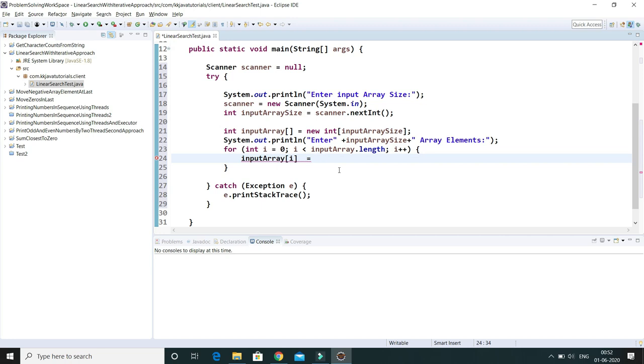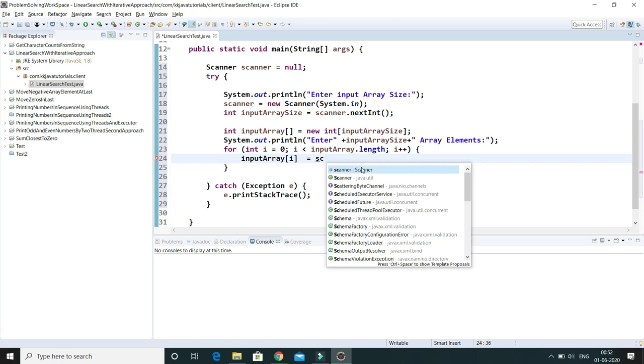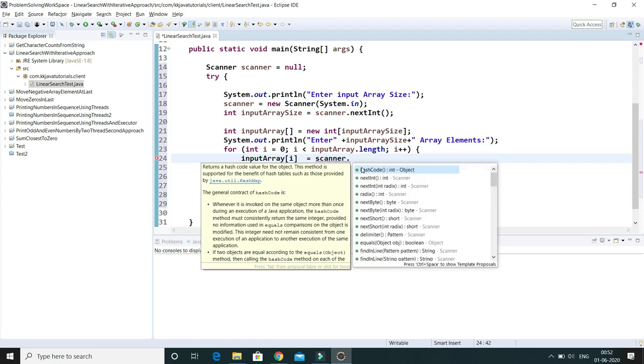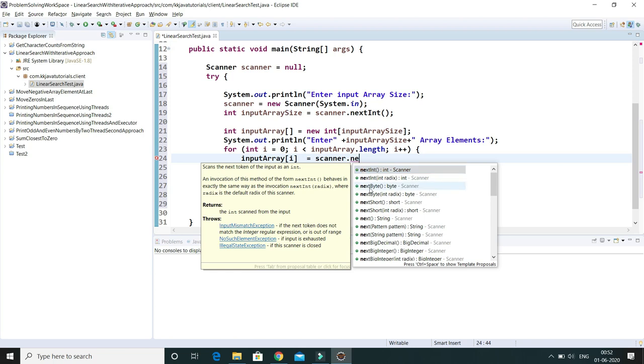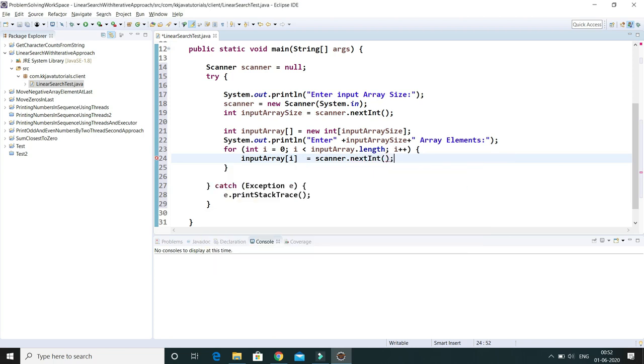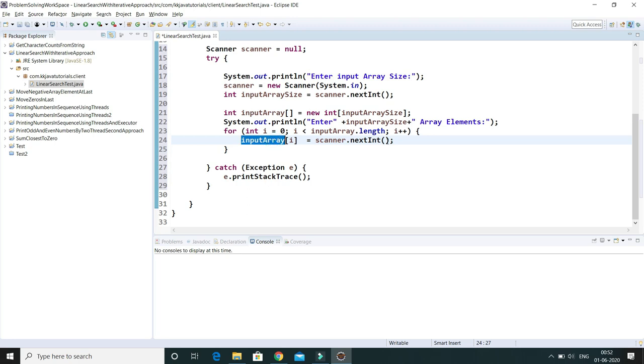So here I'm going to put elements in the array, right? You have to use a scanner, so scanner.nextInt, right? So we are putting elements in the array.